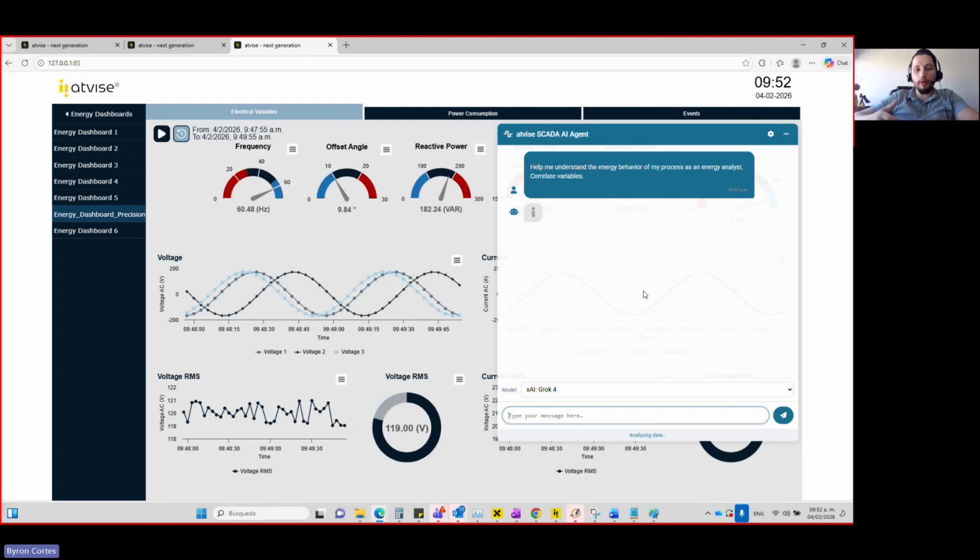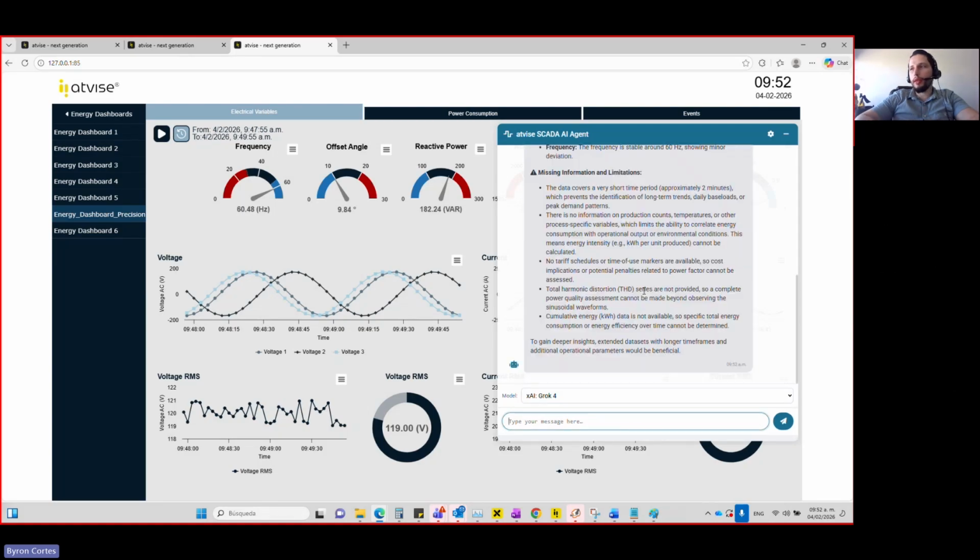For example, let's say that you have an alarm or a critical situation. The AI agent analyzes the manual and provides feedback based on it, so that you can take action based on the actual manual or documentation of the machines or tools that we have. So that's the next evolution.